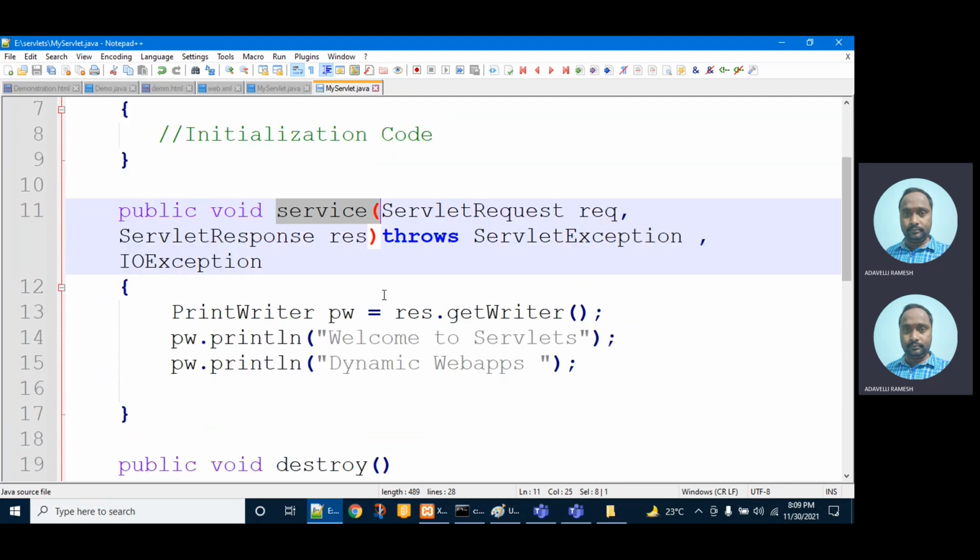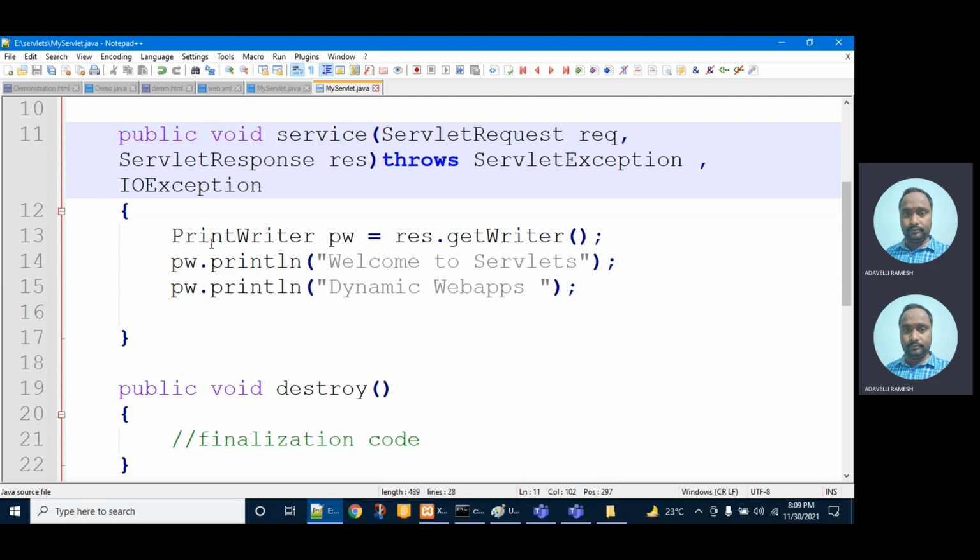If there is any request from the client, it will be taken into the request object. Any response I want to write, it will write onto the response object. There is a possibility of throwing ServletException and IOException. The service method will take the request, process it, and give the response to the client.